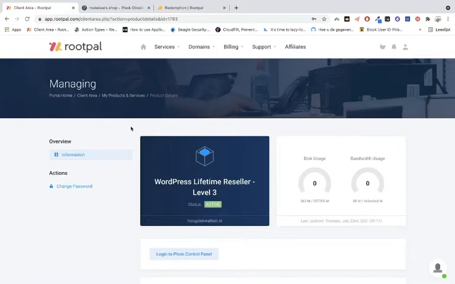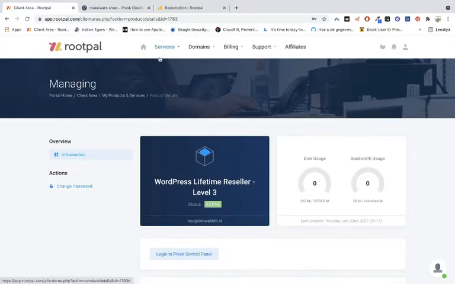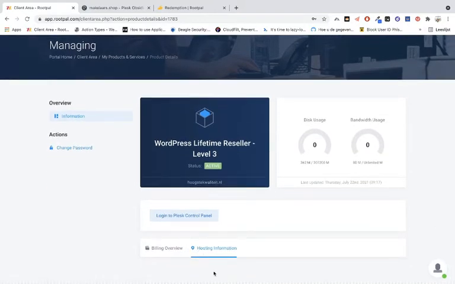Rootpal. Suppose you have a domain name and you want to use it on the hosting from Rootpal. Well, you can do that, and what you have to do then is go to the hosting information. If you go to service, and then you see the hosting informations, and then I've blurred it out because I don't want you to see my